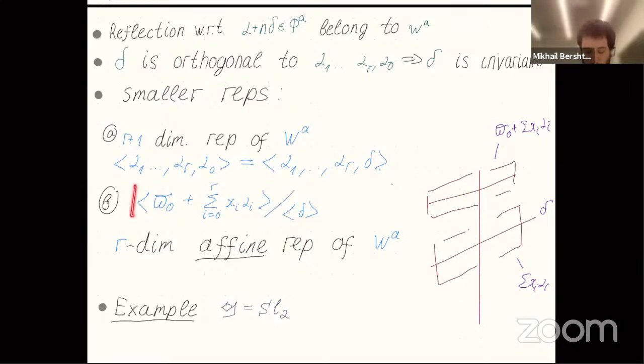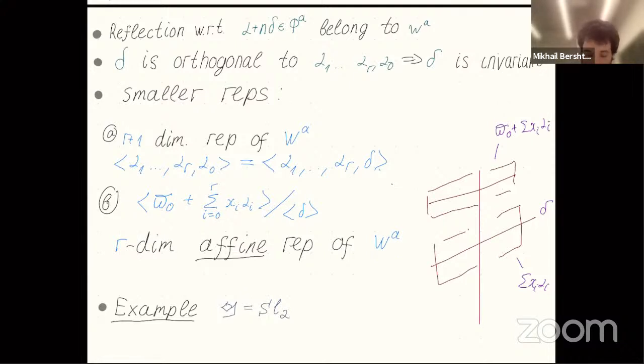In order to check that this definition is correct, what should we do? We should say that the numerator in this quotient is invariant under the action of the Weyl group. Why? Because any reflection adds some alphas. So we change these coefficients, but the coefficient with respect to pi 0 will be constant. Second, we should say something about this delta, and as I said, the delta is invariant. So we can take the quotient and we have an action of the affine Weyl group on this quotient.